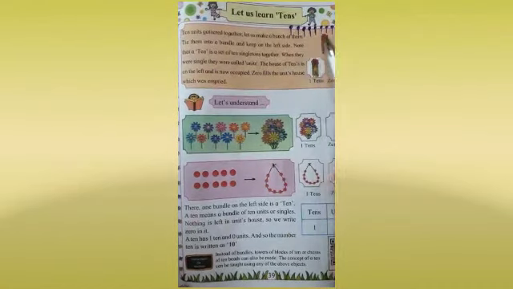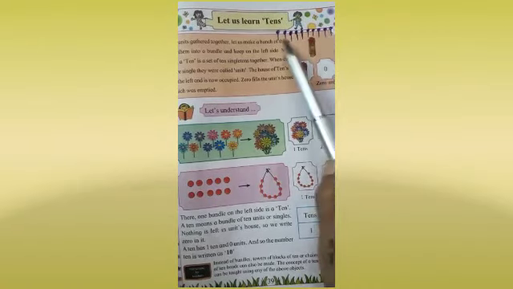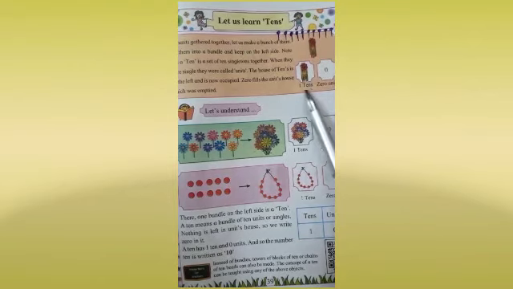Now children, count how many objects are there. 1, 2, 3, 4, 5, 6, 7, 8, 9, 10. So total we are having how many objects? 10. Now these 10 objects which are loose and separate are called units. And now when we tie them into a bundle, they will become tens. So now how many bundles are prepared? Only one. So we will write here 1 tens.